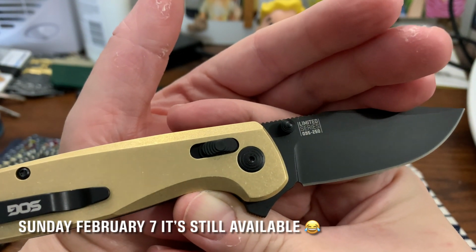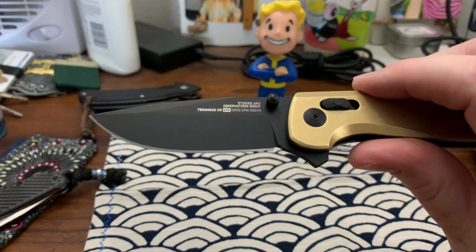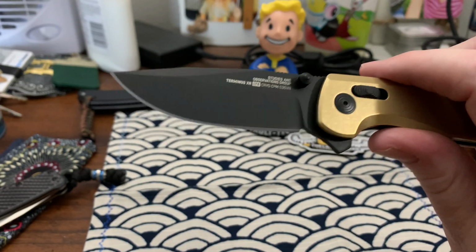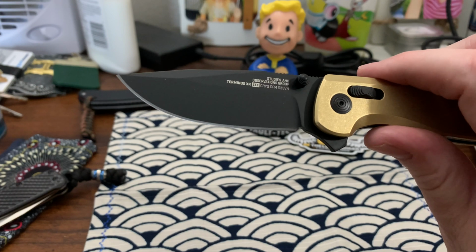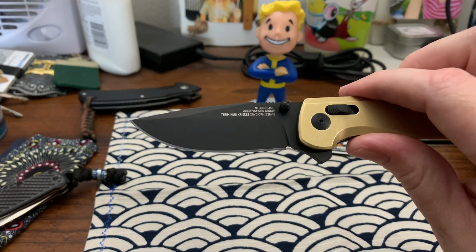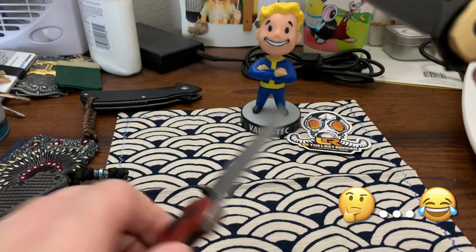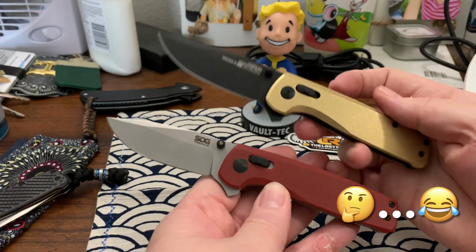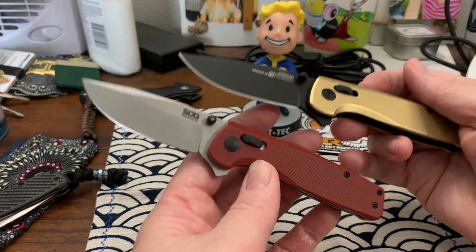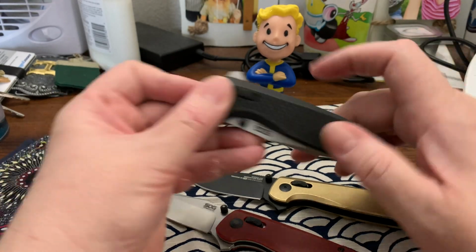If you like the SOG Terminus, I would have hoped you would have picked it up, even just as a collector's item, and probably sold it later and made some money off it. I don't know if these knives will net you any money, but I gotta think they would, because they're limited. And this is another reason I liked it, because I never had a black blade. So even my premium version of the SOG